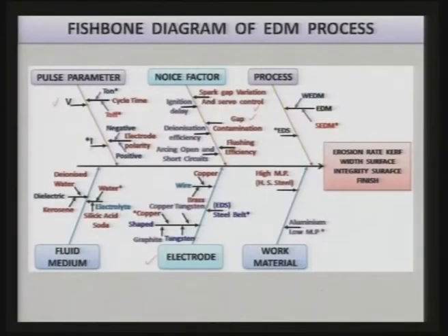And the flushing efficiency is another very important point which decides the performance of the EDM process. If the process is not highly efficient in flushing out the debris, the reaction products and the used dielectric, then definitely the total cycle time is going to be much larger than the expected one. You can have the wire EDM process that we will discuss after this chapter, and then EDM we have already discussed. Then there is a process called EDS, electrode discharge shrouding process, where you can cut the material in 2 pieces or more than 2 pieces using the spark.